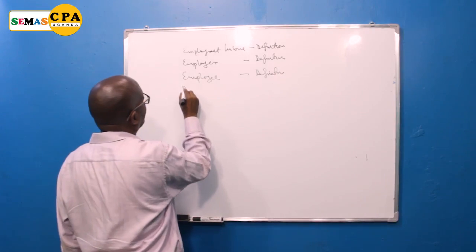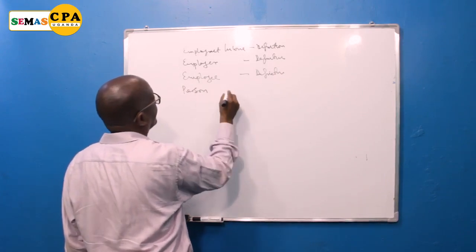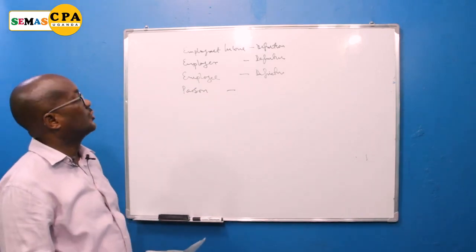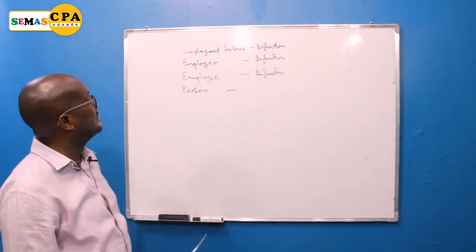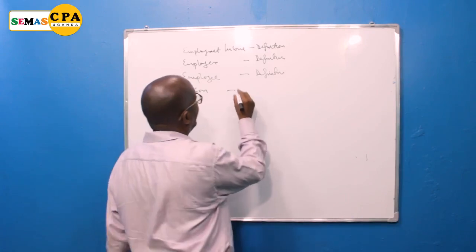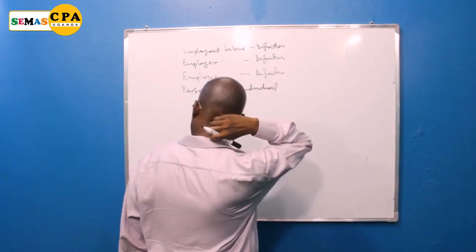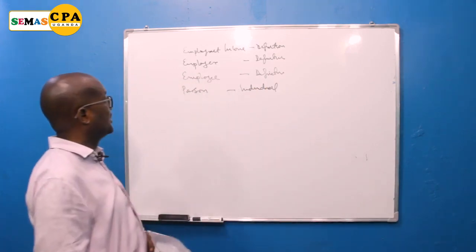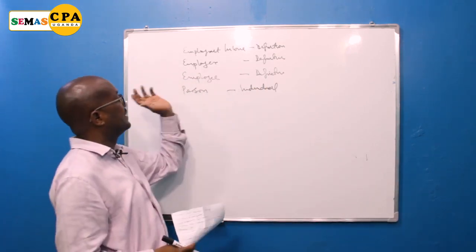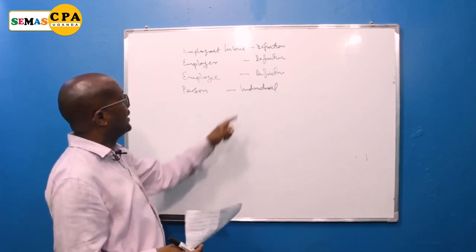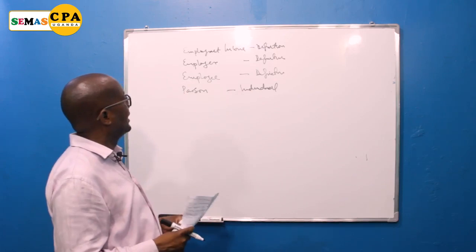Who is a person? A person in tax is different from a person in normal English. So you need to know who a person is, as opposed to an individual. Most people think a person is an individual. A person for tax purposes, as you know, includes everything: an individual, a company, a trust, a partnership. So an individual is part of a person when you're looking at tax.